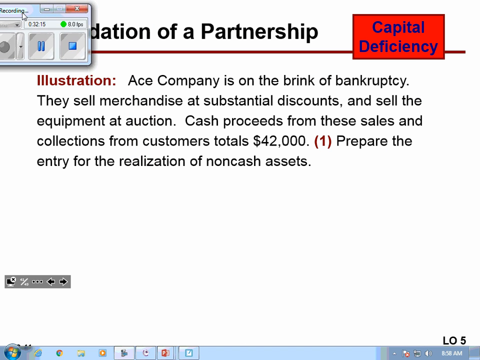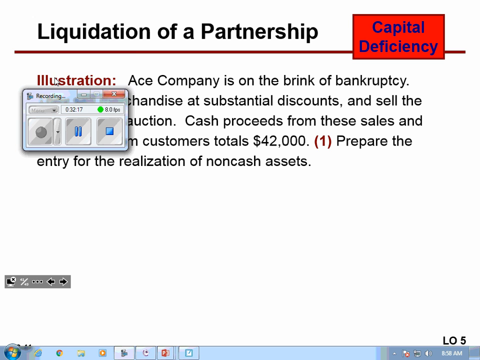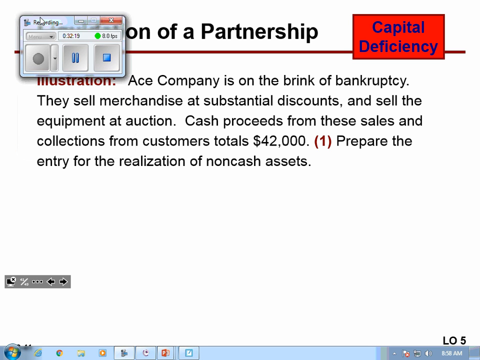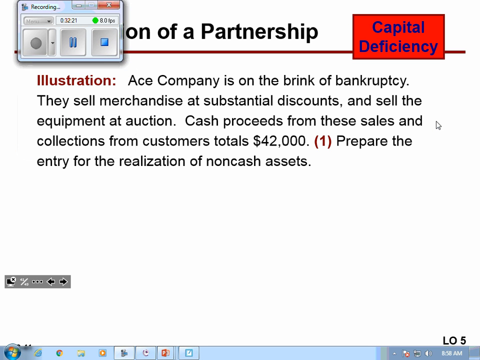Let's see. Can I cover up liquidation of a partnership? We know that that's what we're talking about, right? But here, this is showing a capital deficiency instead. You should have this stuff in your notes as well. Can you read capital deficiency in there? Yeah, okay. ACE company, so instead of it being all rosy and we're selling our assets for more than they're worth and we all have balances,